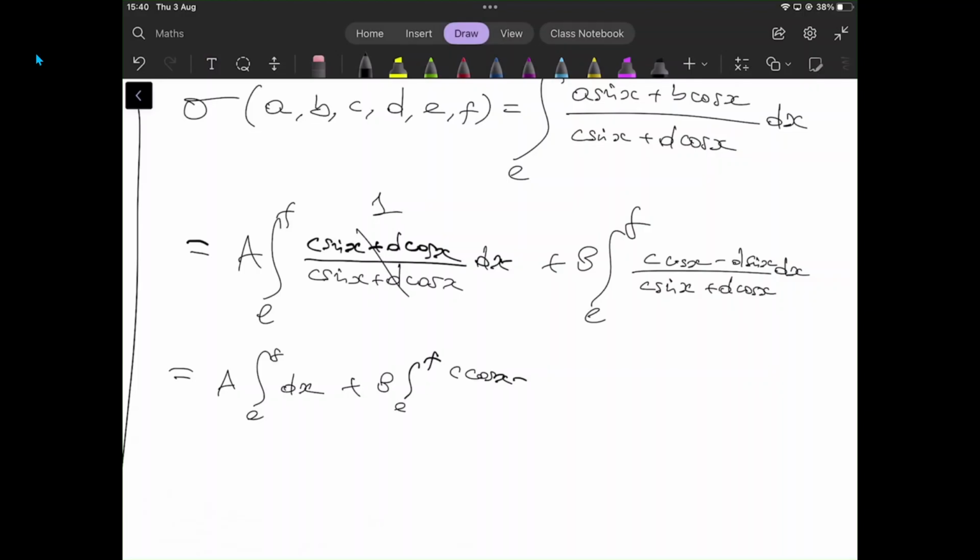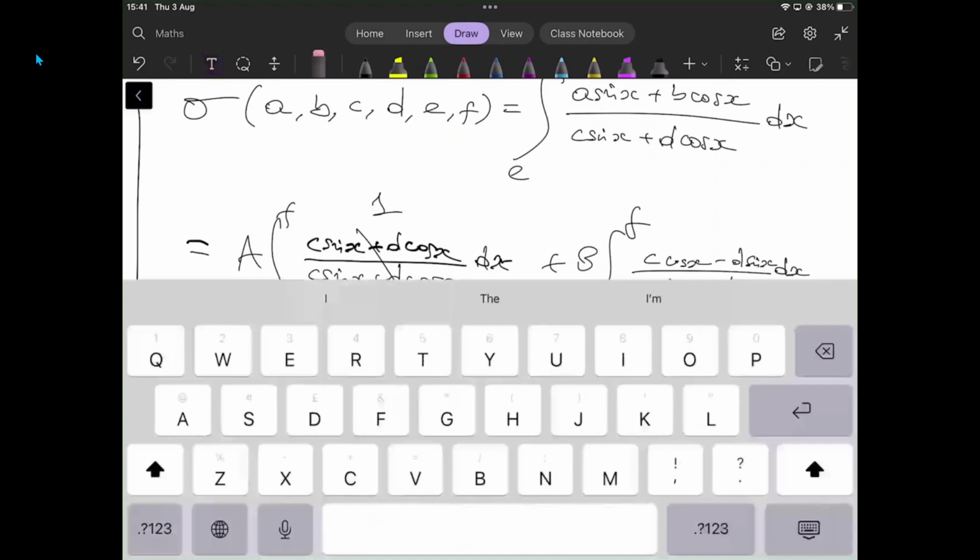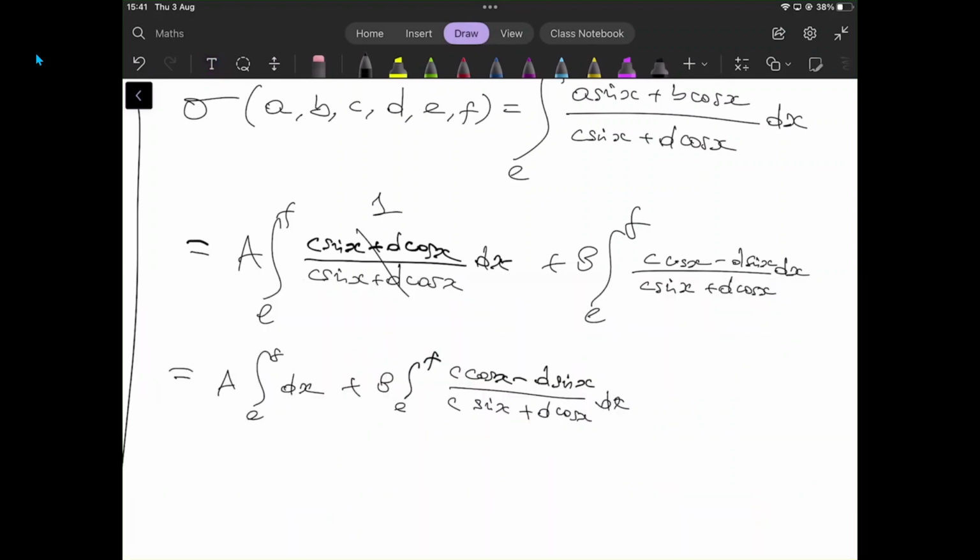I do realize that my c's can sometimes look like e's, so let me just fix that. There we are. And so this would end up being ax going from e to f plus b natural log of absolute value of c sine x plus d cosine x going from e to f as well,